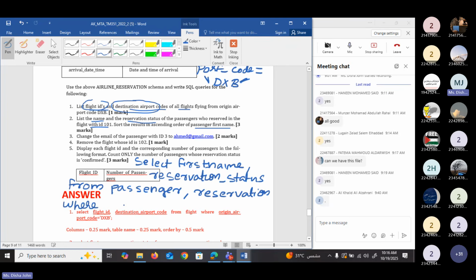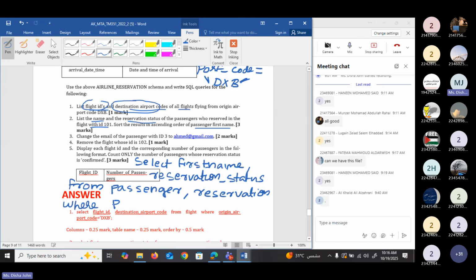Here we have to write the join condition. What is meant by join condition? I told you, to join two tables, there should be a common column. So here we have a common column, that is passenger ID. Passenger ID column is there in both the tables. So if the values of this passenger ID are equal in both the tables, then the corresponding rows will be joined together. Okay, so this is what I am going to write here.